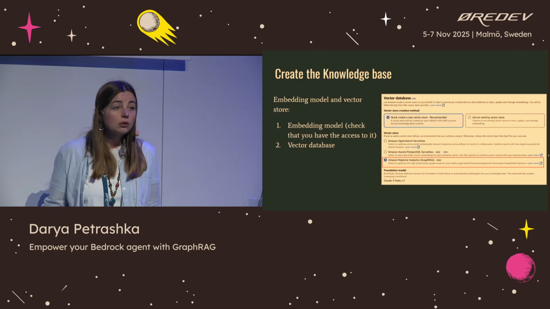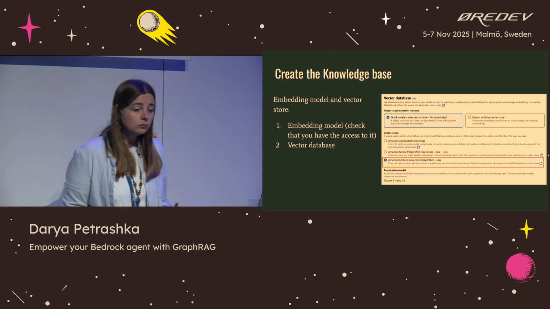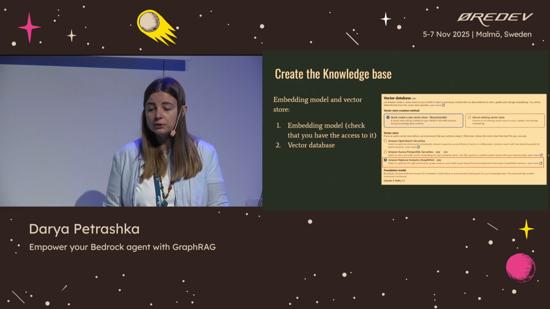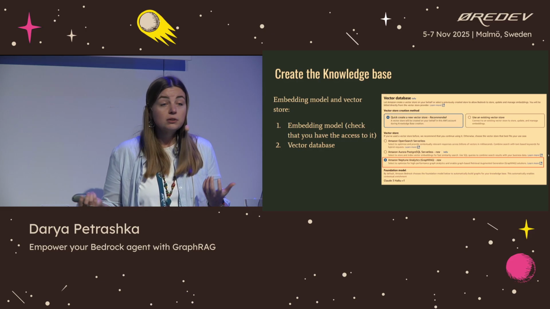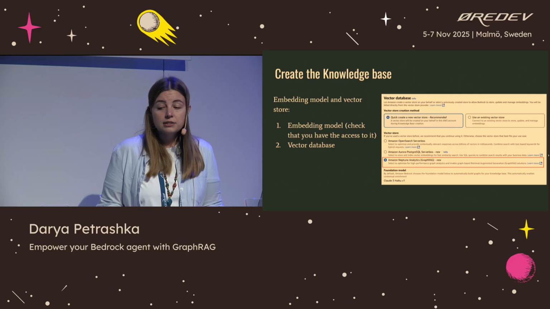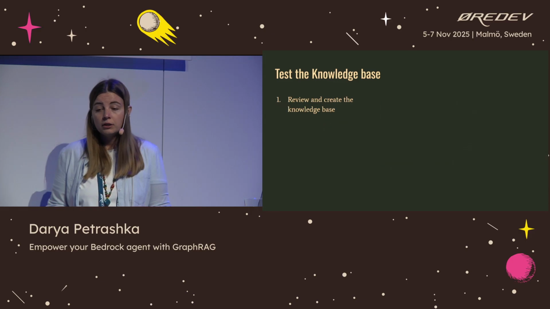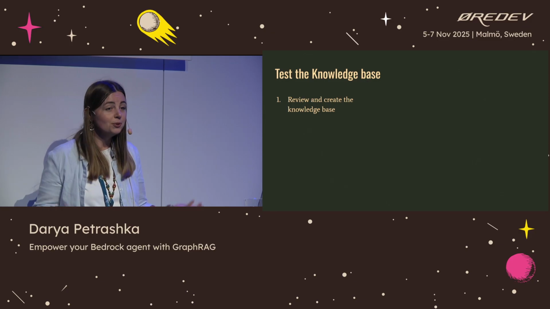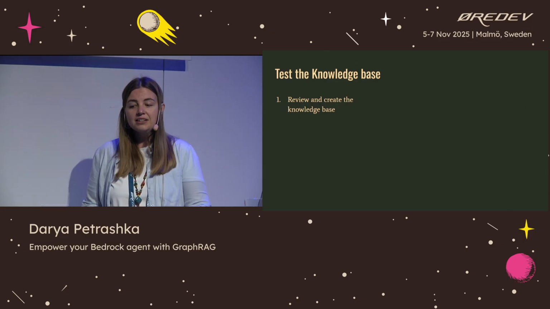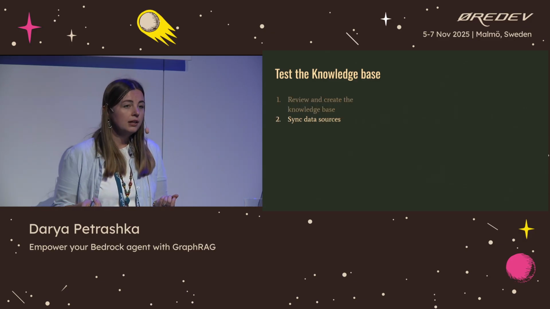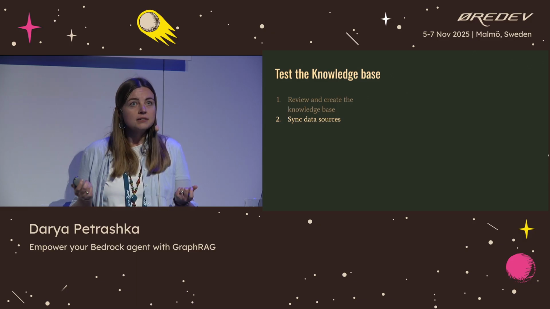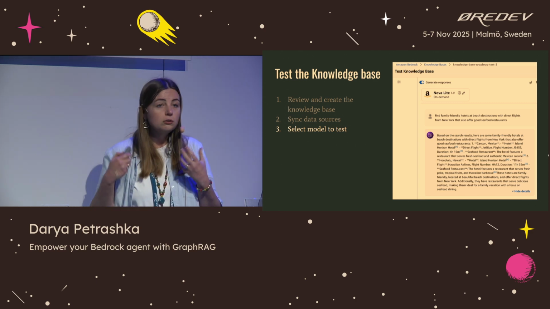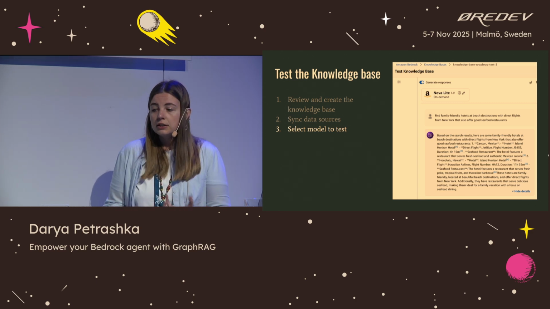And then you have to select an embedding model. For all models, you should enable access in your console beforehand, and select Amazon Neptune Analytics GraphRAG as your vector database. Then you have a long page to review the settings. You click create the knowledge base. Then you do the synchronization of your data source or data sources. And then you can select a model to test it. So basically,